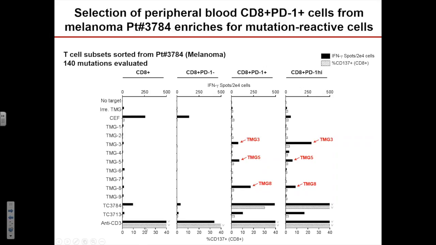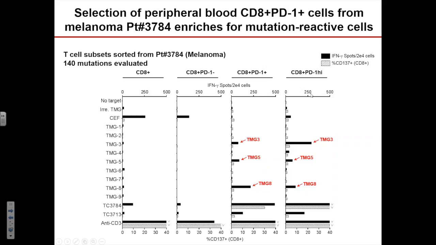Anti-CD3 just activates all T cells. We see virtually no reactivity against any of the tandem mini-genes, the 9 that we developed. This is the autologous tumor line giving us a little reactivity, not an allogeneic line, but no recognition of tandem mini-genes. We take the PD-1 negatives, no recognition of tandem mini-genes, but now the PD-1 positive,